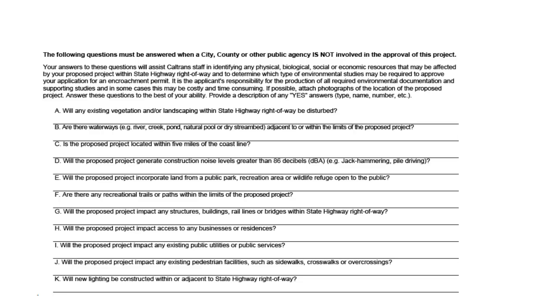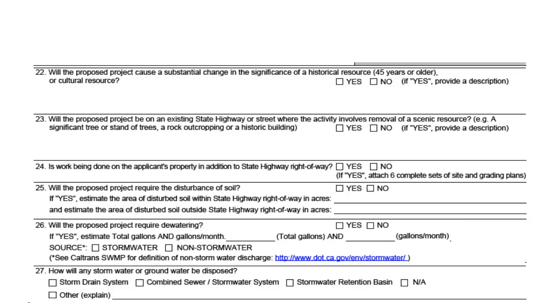Your standard encroachment permit application package cannot be considered complete until you have obtained environmental clearance. Federal and state environmental laws require Caltrans, cities, and counties to review your project and ensure all environmental impacts are avoided or mitigated. While these questions are extremely important and cannot be skipped, the questions only cover some of the impacts your project may have on the surrounding area.